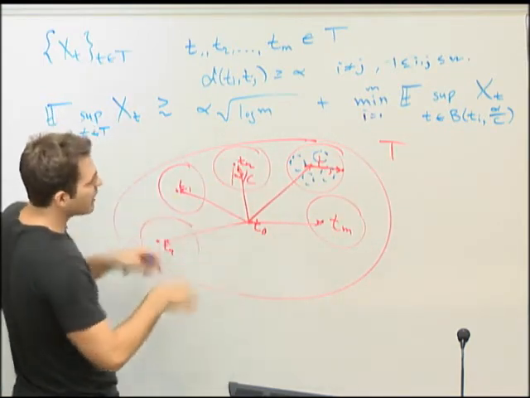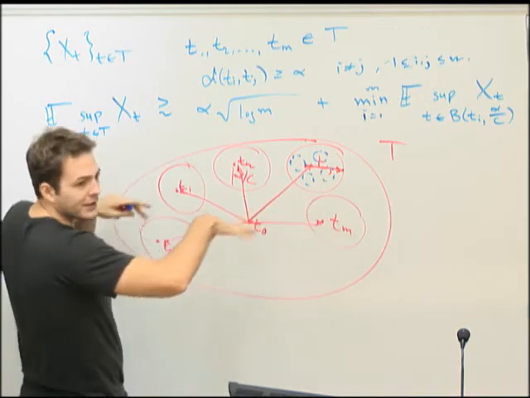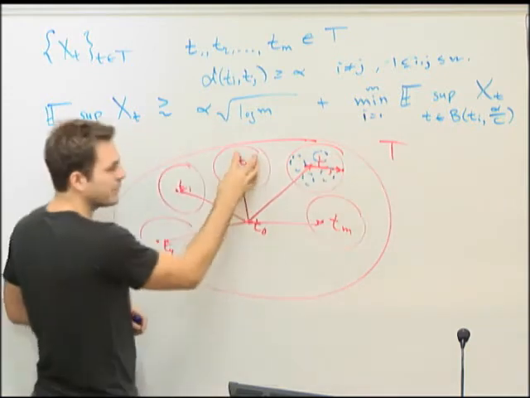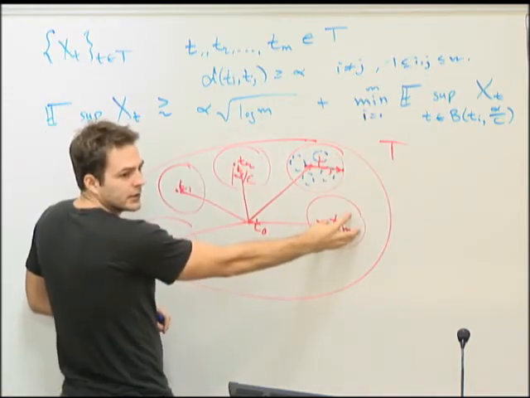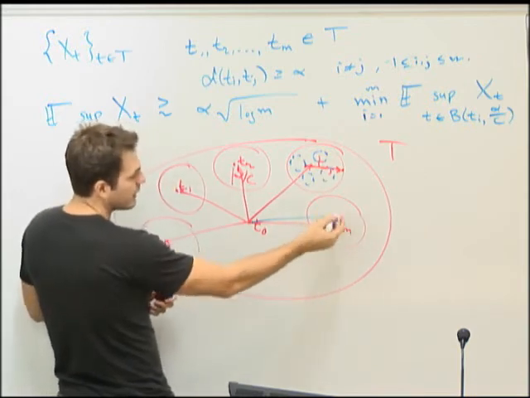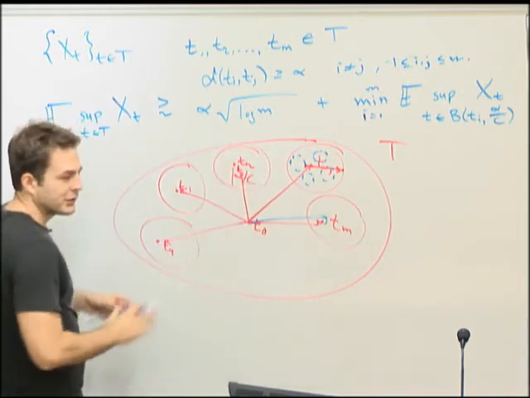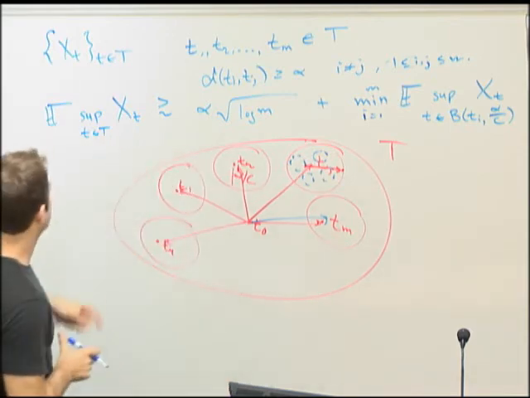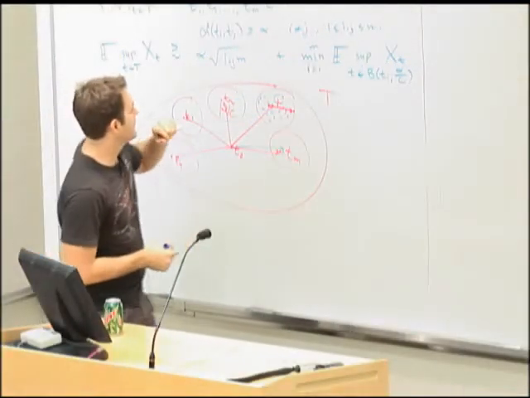So when we choose the balls, we have to choose them so that they're as balanced as possible. It does us no good to have a bunch of supremum in this ball and a tiny bit in this ball, because then the process could say, well, this was large, and now I don't get any credit for that. So there's got to be some kind of balancing that goes on when you choose these balls. But let's look at how you prove this.